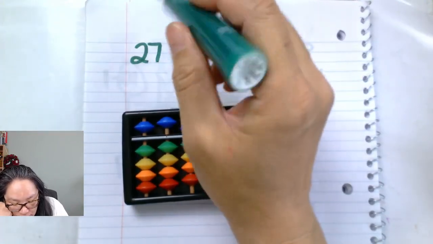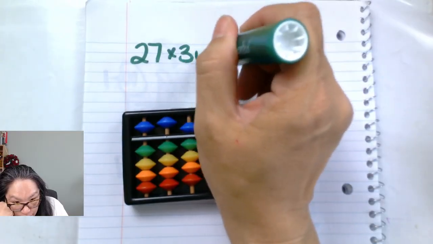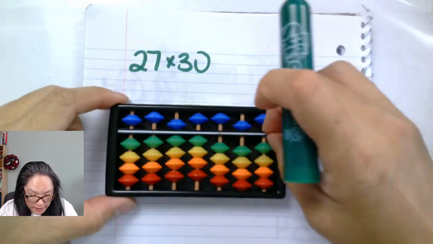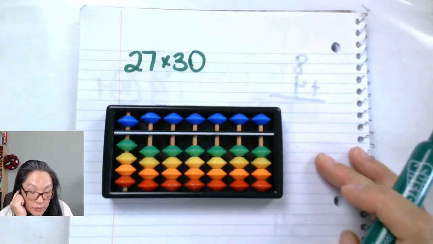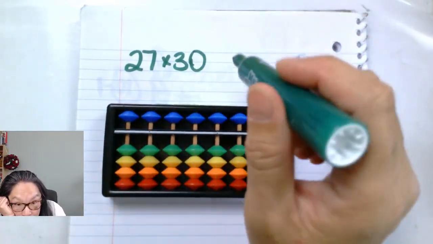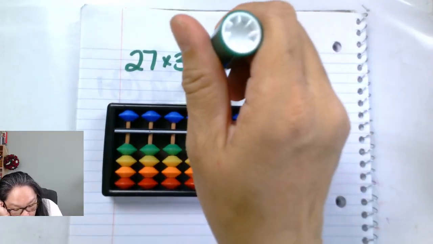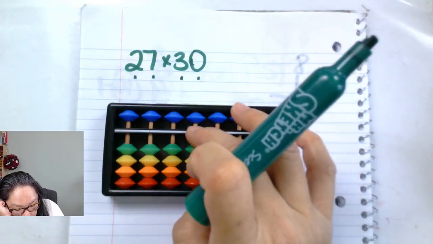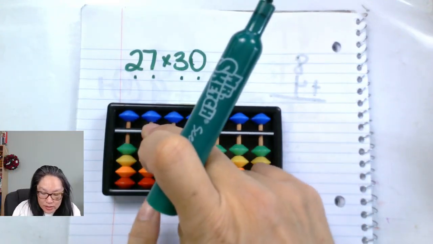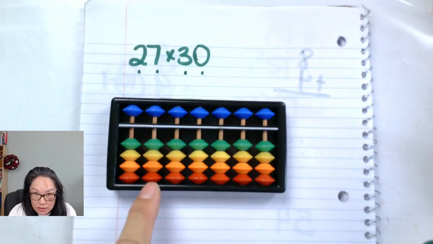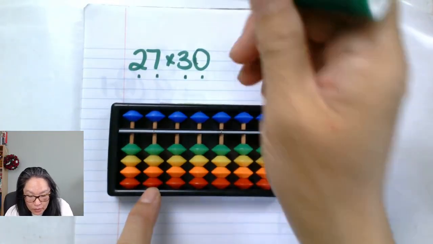Okay, so we have 27 times 30. When we look, we're going to understand how many digits we have. Thank you, Tim Cheese. We have 1, 2, 3, 4. So we're at the thousands. When we add the thousands, right? What we're going to do is we're going to do